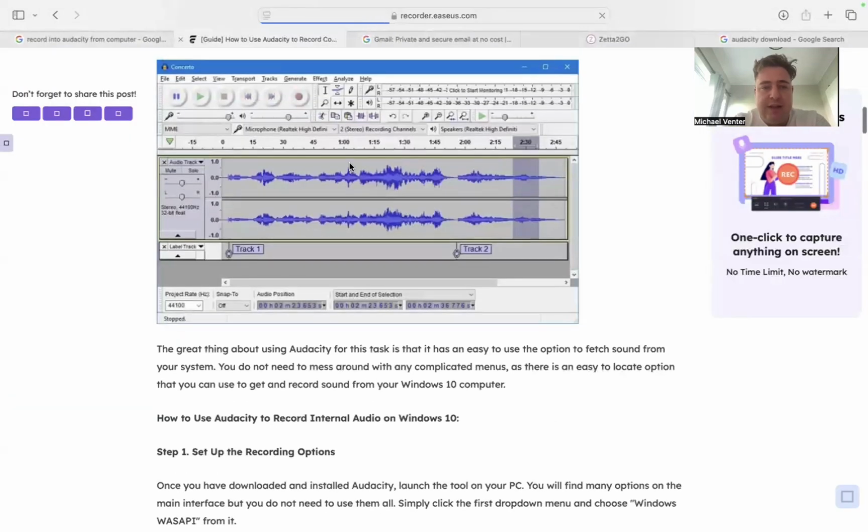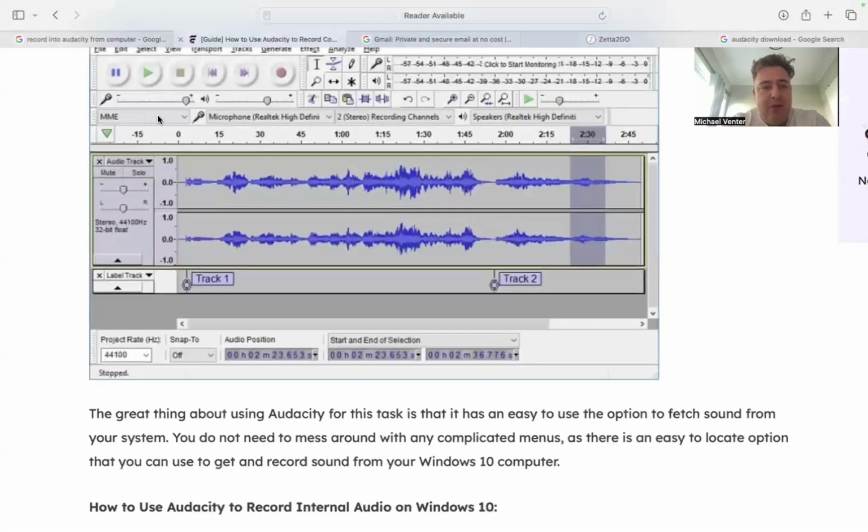Okay, this is what the picture looks like. If you look at my mouse, it says MME, which is a recording tool. Forget about that. Click on it and go to WASAPI. Click on WASAPI and then click on this one over here, and there'll be an option that says Loopback. Click on that. So activate WASAPI, activate Loopback, and it will allow you to record whatever plays out of your